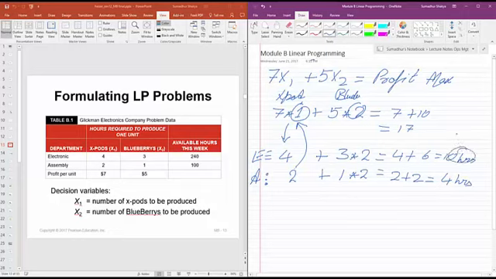This is what we call the calculated values so far, and it's also referred to as the left hand side variable, and we'll see how. Now, the condition that we are given is that the total amount of time available is 240 hours per week for electronics, and 100 hours per week for assembly. So these calculated values should stay less than or equal to